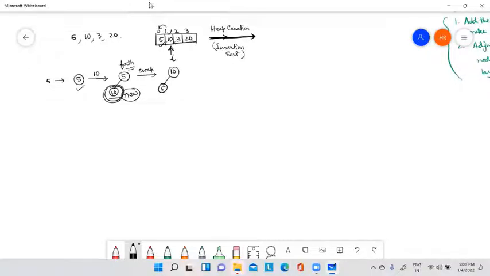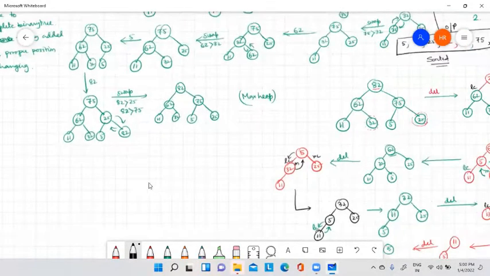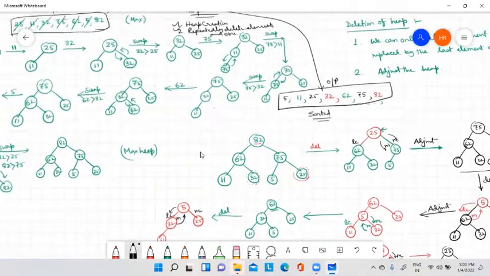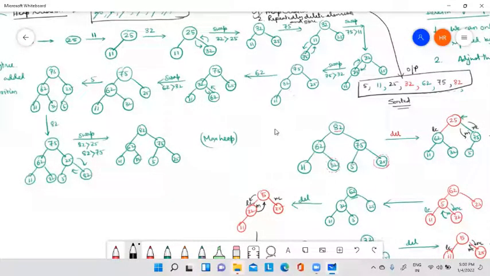Logic clear? See, when I am inserting in this picture, say this one, when I am inserting 82, first I put 82 in this position. This is the new node position. Then it is compared with 25. Who is 25? 25 is the father of this node.